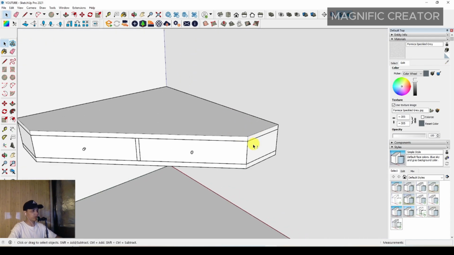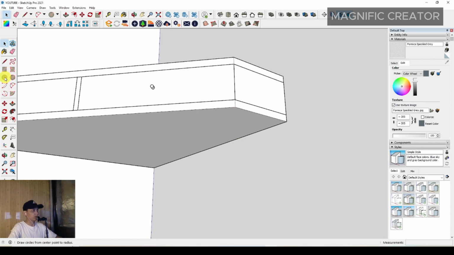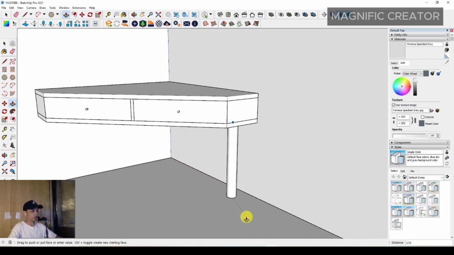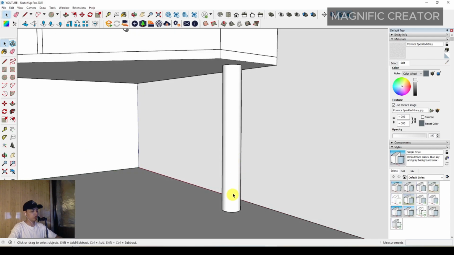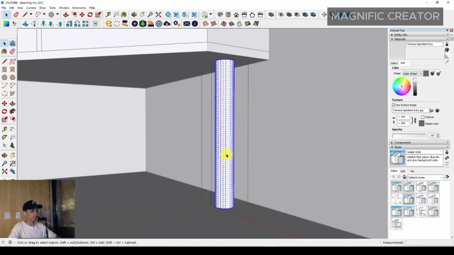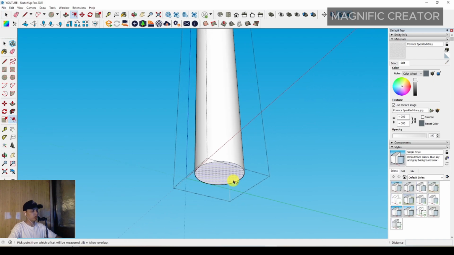Again, after that we can make the support of this cabinet by using our circle over there. We can set the radius around maybe 30, and then we can push it down. Okay, we can push it down, and then we can just make it a group. We can make it a group, and then we can enter the group, and we can modify it to be another aesthetic look in this